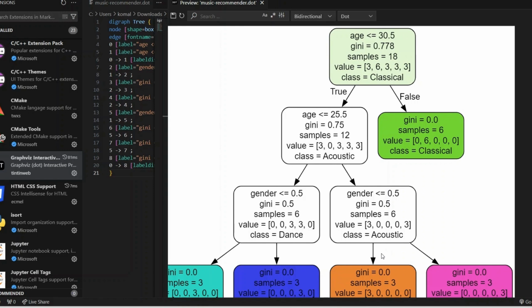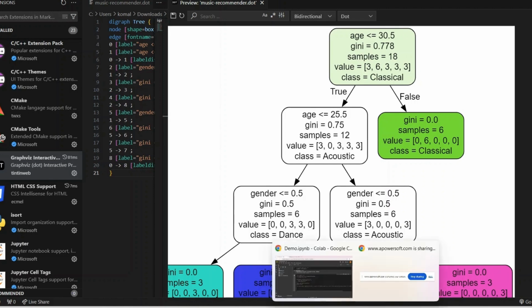And if you are wondering why we have these floating point numbers like 25.5, it is basically the rules that our model generates, based on the patterns that it finds in the data set. So as we give our model more data, these rules will change, so they are not always the same. Now also, if there are more columns and features, then the decision tree will get more complex. Currently we have only two features, if you remember, age and gender. That is the reason the decision tree is a little simpler one.